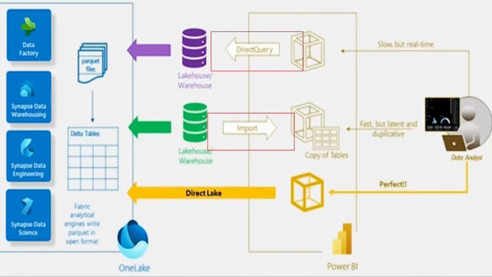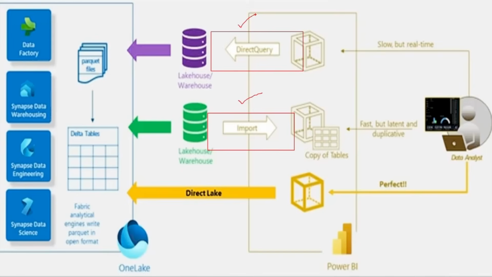Traditionally, Power BI has two main ways to connect the data: the import mode and the direct query mode. In import mode, your data gets copied into Power BI. It's quick to load and great for visuals, but you need to refresh it whenever new data comes in. In direct query mode, on the other hand, nothing gets copied. It connects live to the data source. That keeps things real time but can feel slower with large or complex data sets.